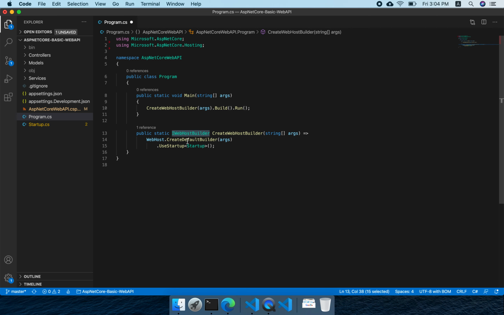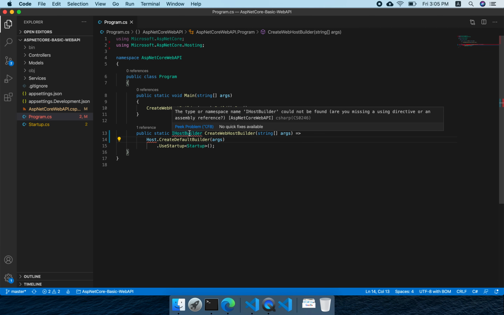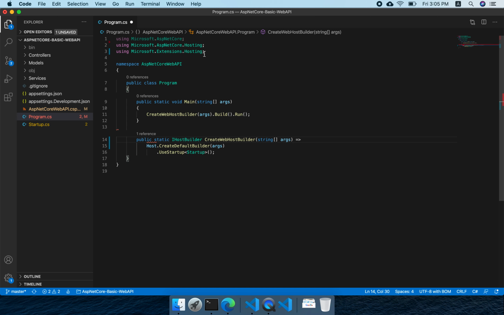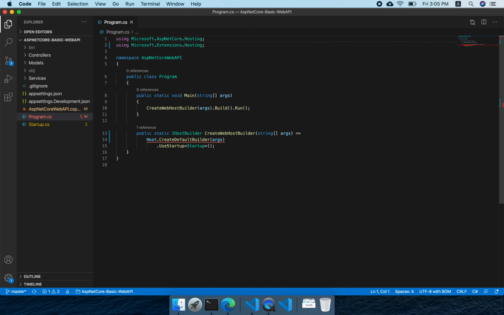The upgrade we see is that from 3.1 onwards, we won't be using WebHostBuilder. Instead we just use IHostBuilder. Similarly here also we will not use WebHost, it is going to be IHost. And see, automatically we got the IntelliSense, because we changed the framework in our project file and restored. If you don't do the restore, you will not get this. And this is not required anymore, so we will remove that. We have to take a different approach.